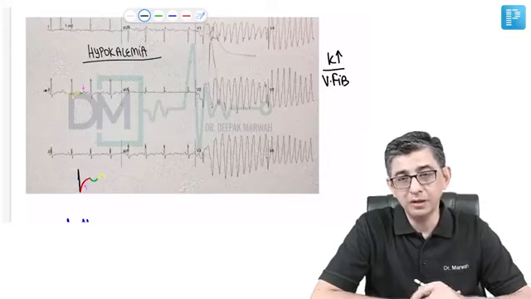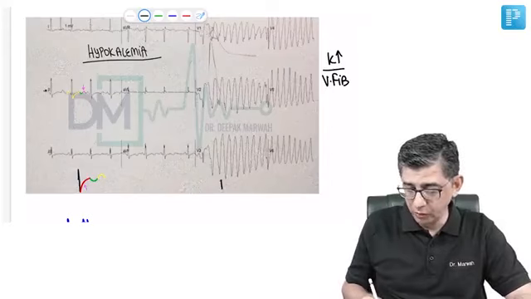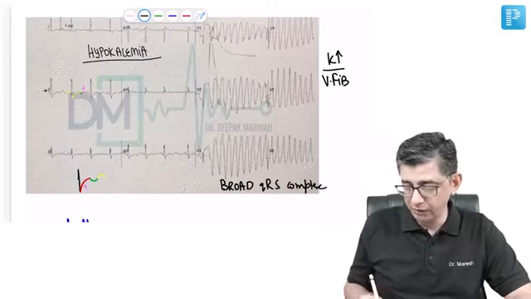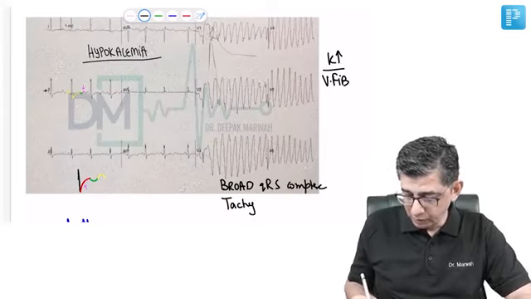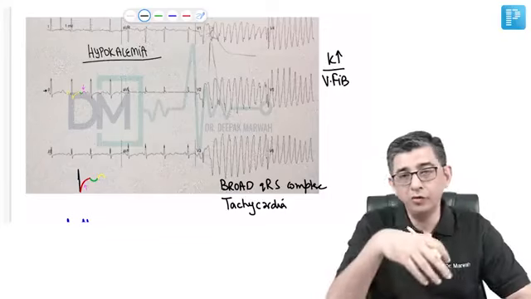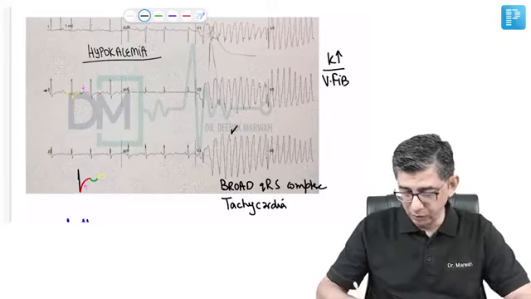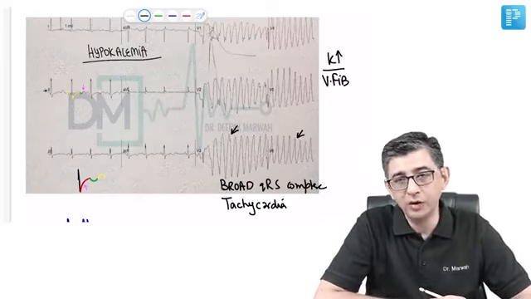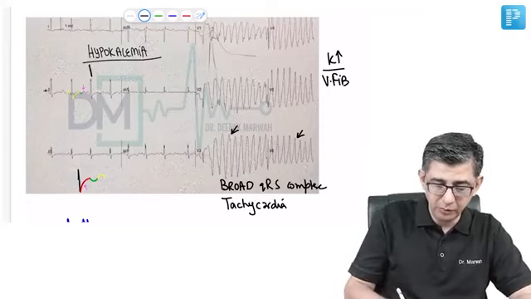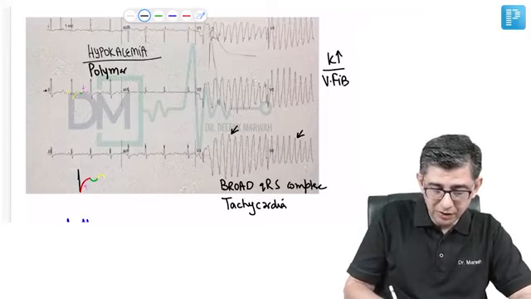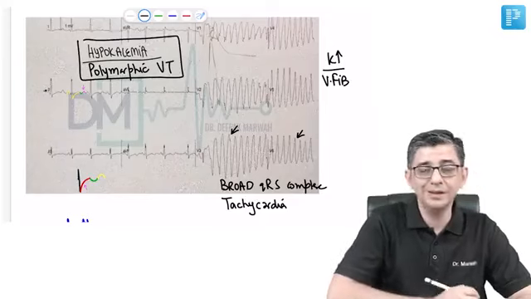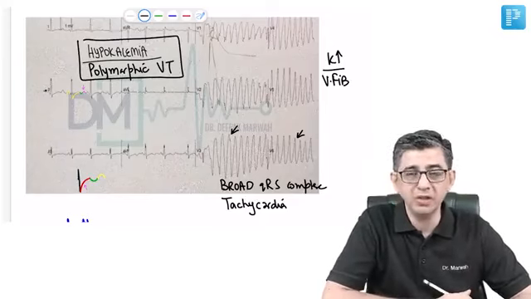But the tachyarrhythmia which can be seen with hyperkalemia is ventricular fibrillation. Now let's look at this person's ECG, which is showing broad QRS complexes. The RR interval of this patient is also reduced. So my interpretation at the moment is that it looks something like a ventricular tachycardia, but there's a problem to it. The problem is that if you compare the amplitude of the QRS complexes at the two black arrows that are made on the slide, you will notice that it is actually not the same. So my interpretation here is polymorphic ventricular tachycardia, and this is the main reason why I'm going into this topic: polymorphic ventricular tachycardia is a tachyarrhythmia that can be seen in patients who are suffering from